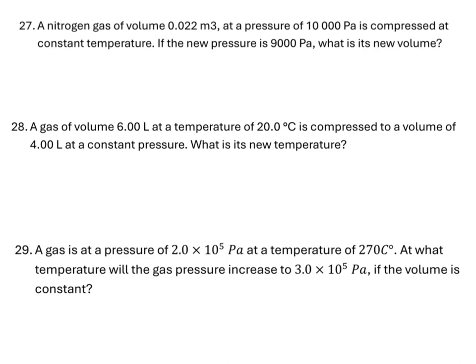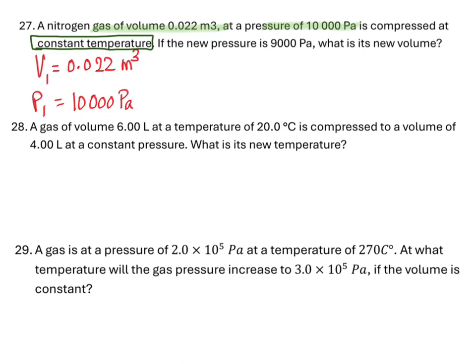Now this page is based on gas law: Boyle's law, Charles' law, Gay-Lussac's law. So let's look at the question and then choose the appropriate formula from the formula sheet. A nitrogen gas has a volume of 0.022 meter cube at a pressure of 10,000 Pascal. So we have got V1 and we have also got P1. It is compressed at constant temperature. So temperature is constant. If the new pressure is 9,000 Pascal, so we got P2 which is 9,000 Pascal,